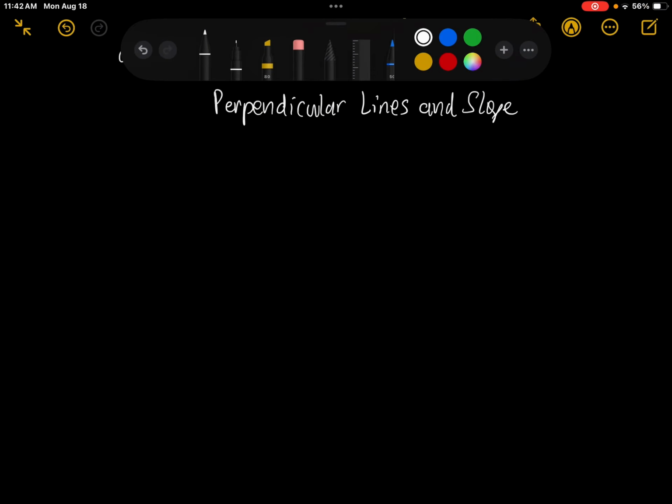In the last video, we saw that parallel lines have the same slope, and two lines with the same slope must be parallel. Let's talk about the connection between the slopes of two perpendicular lines. Well, to give you an idea of what happens, let's say that we have